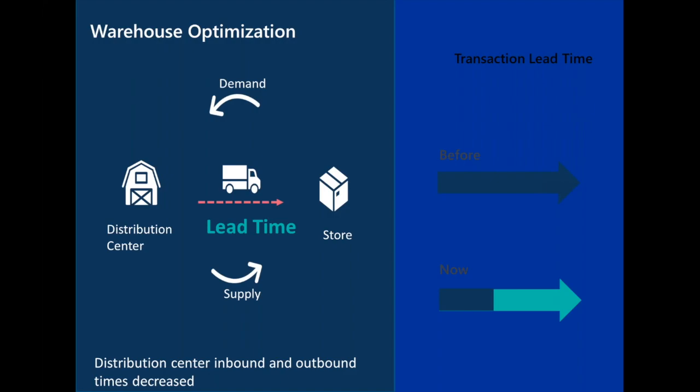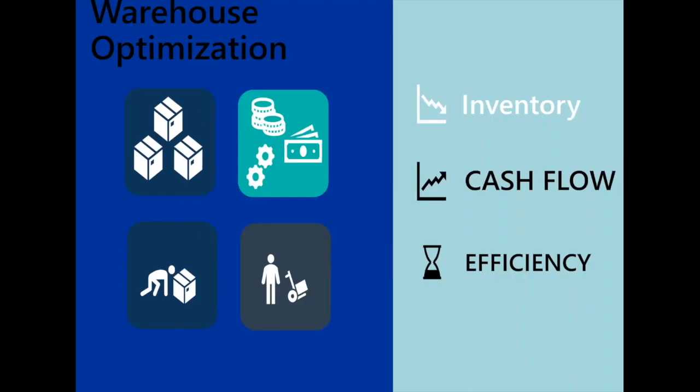So what we were able to do was we optimized their warehouse by going to every warehouse that they have in the organization, and then taking that information, giving them a health check of the warehouse, so that they can not only look at the warehouse and how the warehouse is performing, but being able to drill down to the employee level and try to figure out which employee is being productive or not being productive. And that tells us whether the employee needs more training, or simply this is not the right job for the employee. So once we did the warehouse optimization, we decreased their inventory on hand.